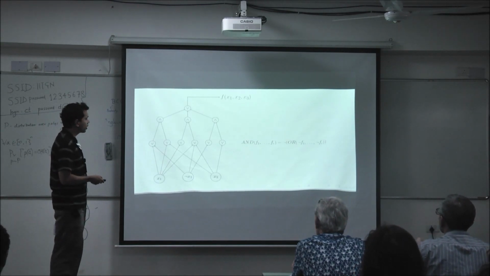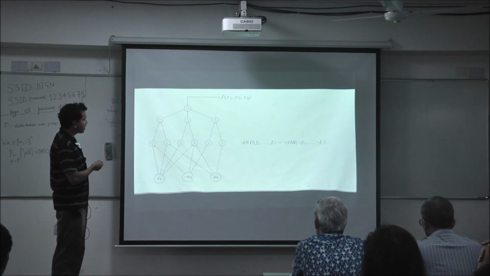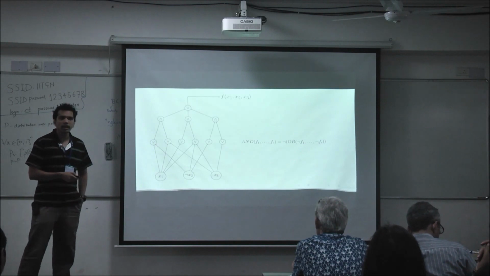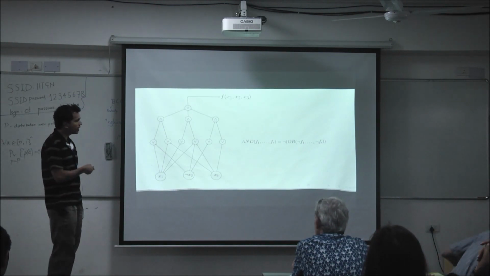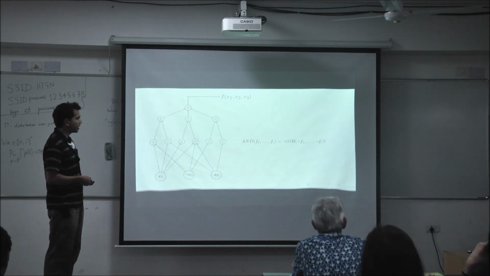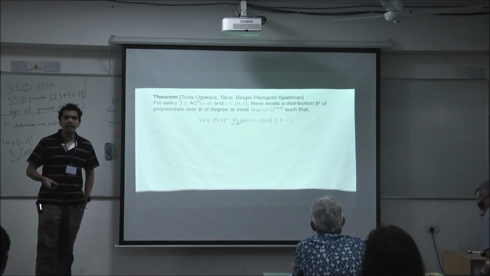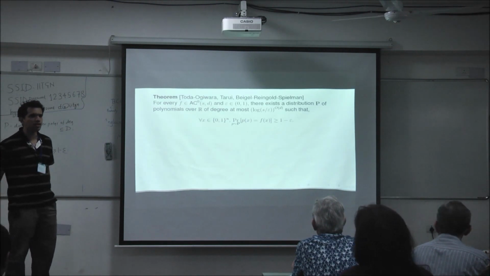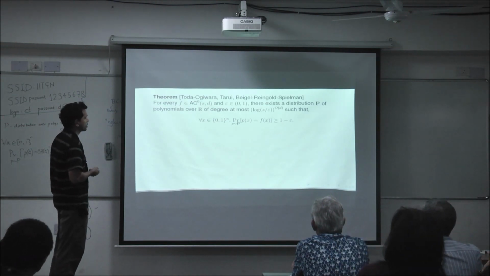It's fine. When you have an AND gate, like the gates on top, you can use De Morgan's laws to convert it to an OR gate, then approximate the OR gate in the way we said, and thereby approximate the AND gate. So overall, you can approximate the entire AC0 circuit by approximating each of these gates in this way, and then just composing the approximations to get a result like this.